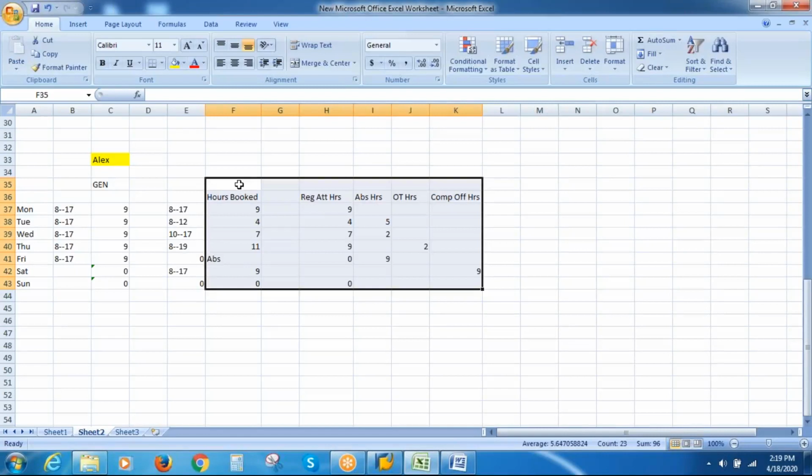Evaluating the time data which is booked by the employee is called time evaluation. So the system, for each and every day, for each and every employee, will cross check the